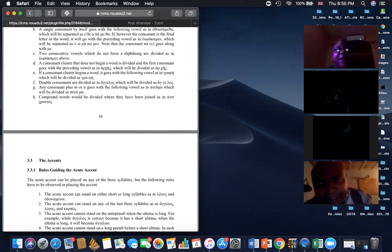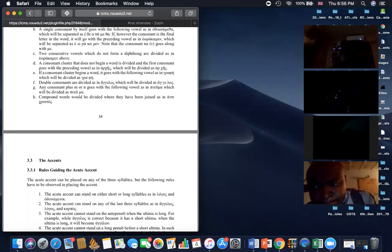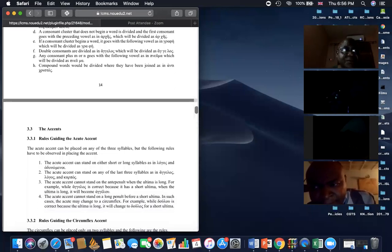All right. Now, the name of the second syllable is penult. And the third syllable is called antepenult. What did I say it's called? Antepenult. So in angelos, an is antepenult, ge is penult, los is ultima. So those are the three syllables that are important for the rules of accents. Yes, sir. So let's now go to